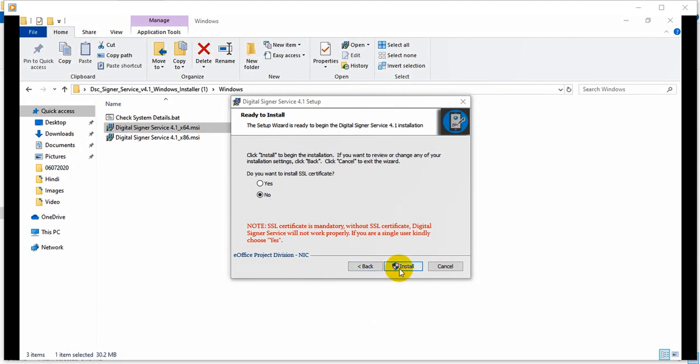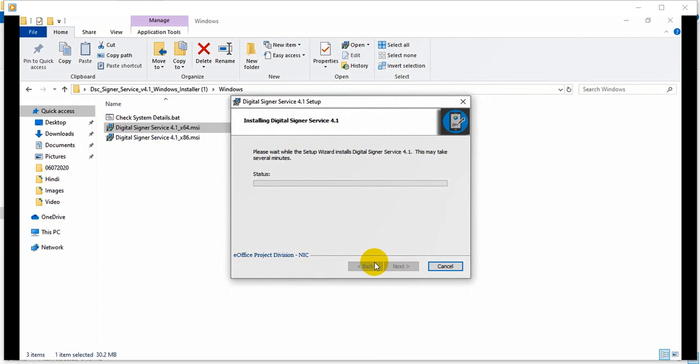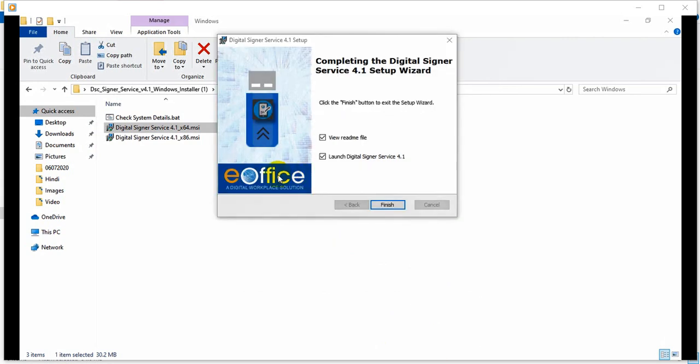So I'm clicking on the install button. Installation started. Let it get installed. It will take time, so waiting for the completion of installation. This may take several minutes. It is written above that this may take several minutes. So I'll stop the recording and come back when it gets installed, to save your time. Now the installation is complete. See, installation is completed and this screen came.